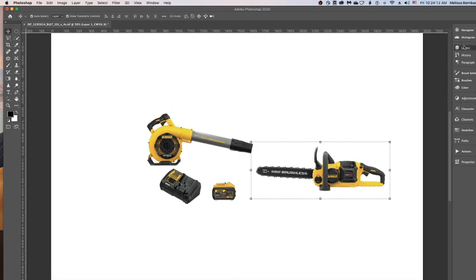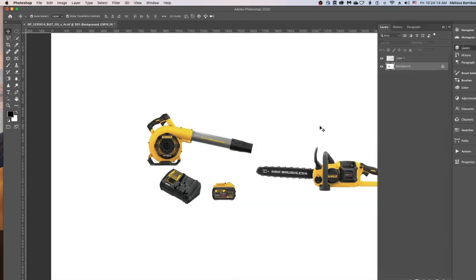And then we want to do the same thing with other parts of the image. So we'll go back and get the polygon lasso tool again. Make sure we're on the background layer. And we'll just clip around that. And then we'll press Command X again, and then Command V again. Now we got that battery on a separate layer, and we can select this move tool up here and just